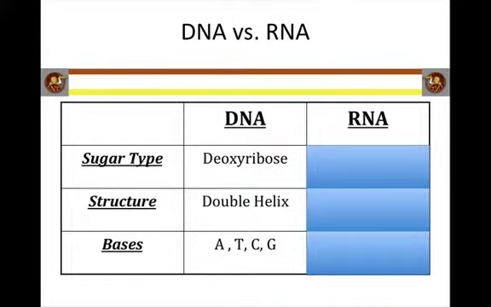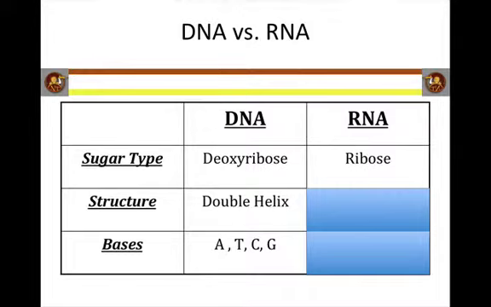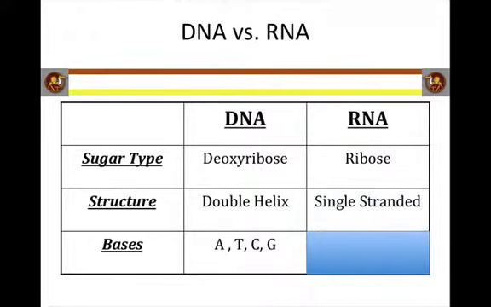Okay? So RNA, the sugar, is ribose. Notice that in DNA, deoxyribose begins with a D, and ribose begins with an R, so that can help you keep track of which one's which, DNA and RNA. Okay, the structure of RNA is single-stranded. It is only half of that ladder. And the bases are going to be a little bit different. Instead of T, we're going to have a U. So we'll still have A, C, and G, but we're going to replace that T with a U,